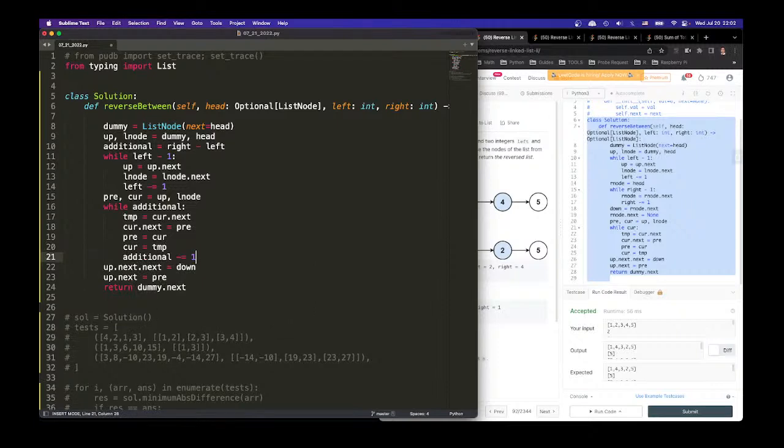Hold on. Okay, additional minus equal 1. So we go